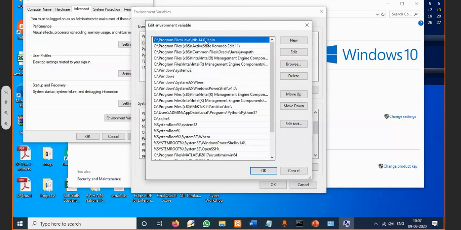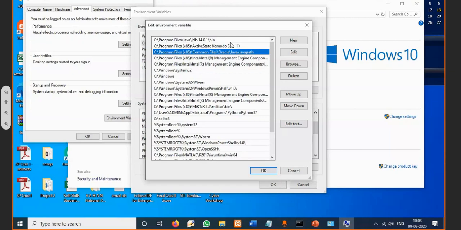What usually happens in the operating system is that when you give any command, it starts from the first path. It will look at whether that command is available in that folder, in that directory. If it is available, it will execute. Otherwise, it will go to the next, like this. At that time, here also the Java is there, and what I had done, it was at the last position. So I'll show you now how it changes.